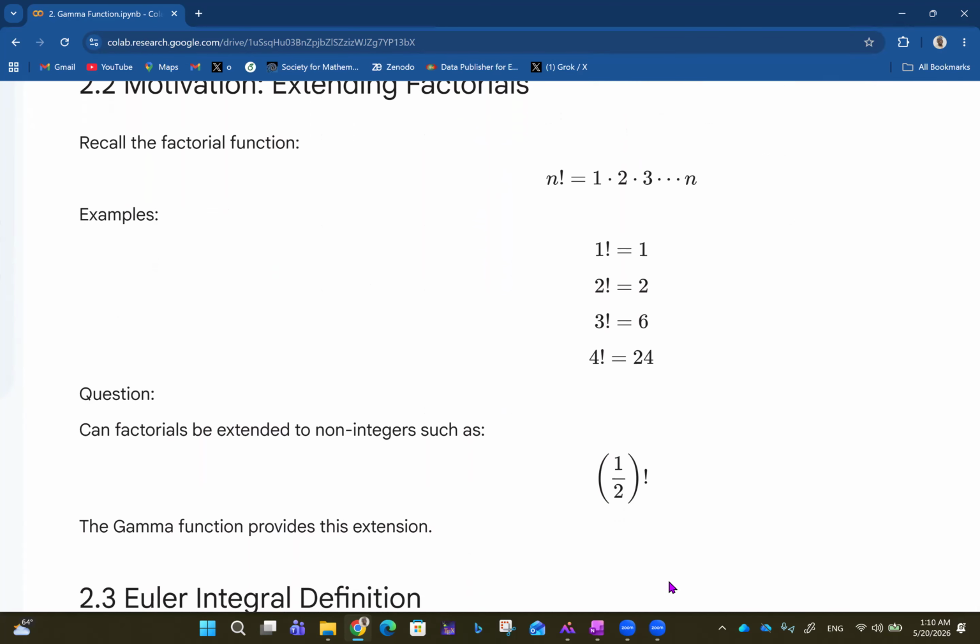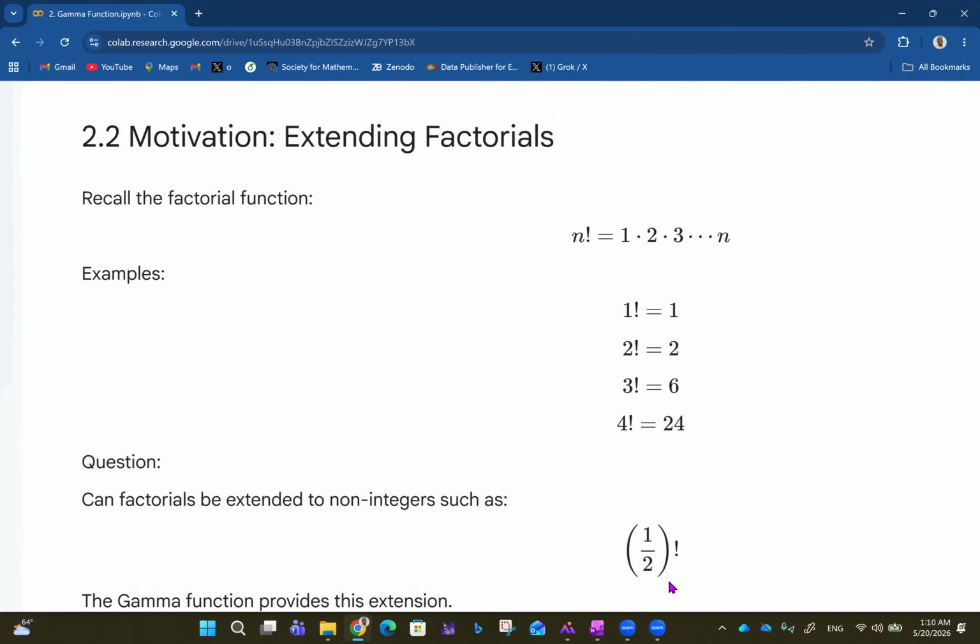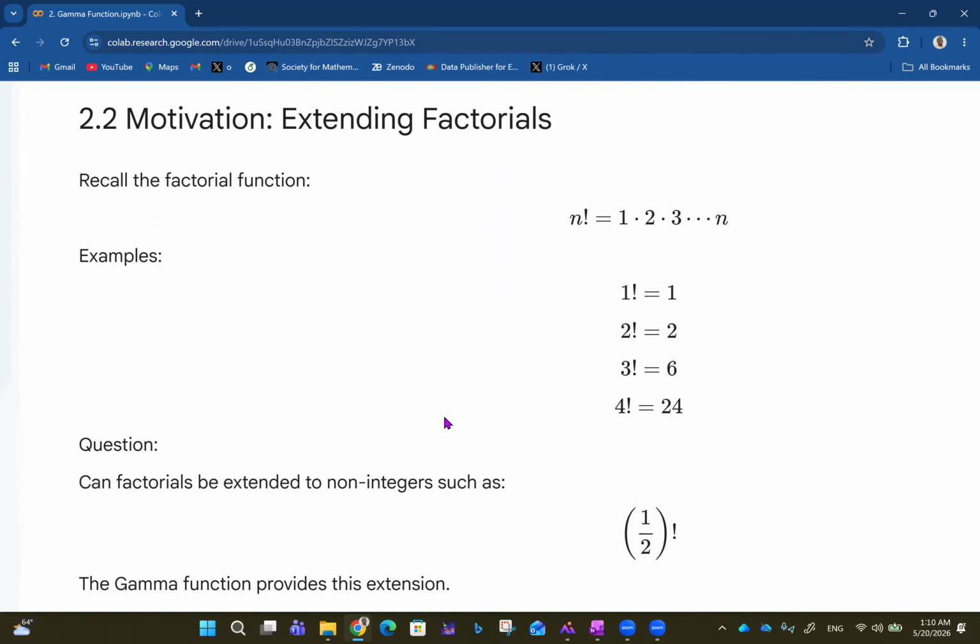Okay, so the motivation for the gamma function is the extension of factorials. Recall the factorial function n factorial, which is 1 times 2 times 3 up to n. So 7 factorial means 1 times 2 times 3 times 4 times 5 times 6 times 7. Examples: 1 factorial is simply 1, 2 factorial is 1 times 2, which is 2, 3 factorial is 1 times 2 times 3, which is 6, 4 factorial is 4 times 3 times 2 times 1,